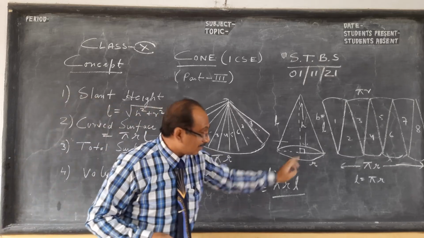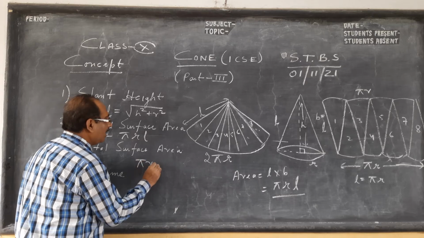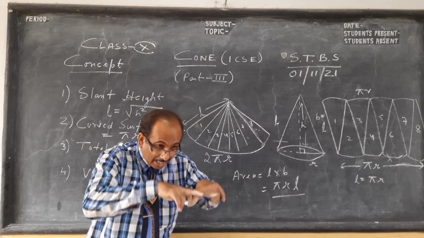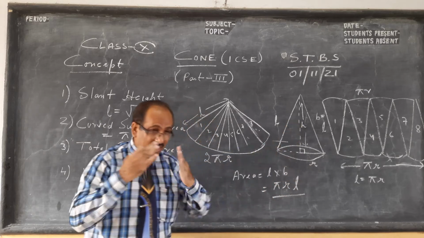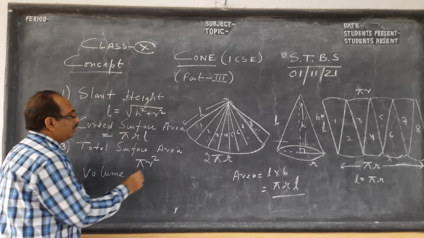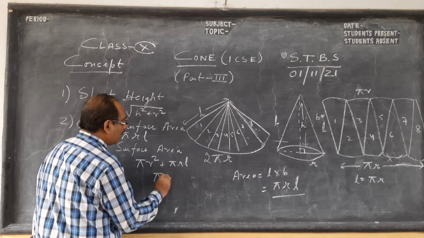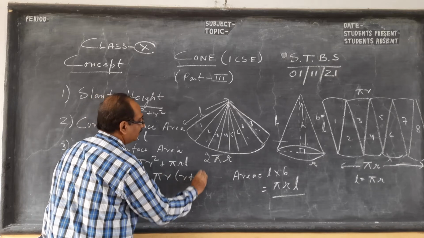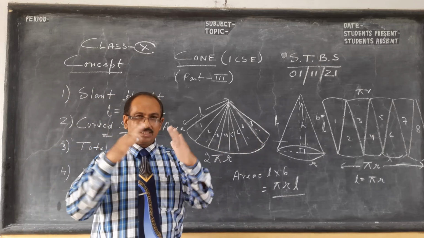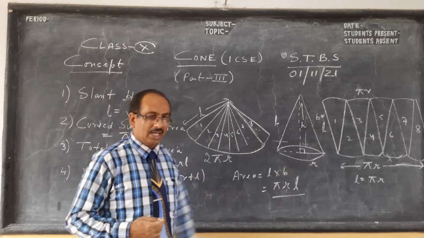Now down there is another circle. So what we will do for the total surface area: pi r square down also we are adding, pi r square plus pi r L, the curved surface area. See my cylinder video also. Take pi r common: r plus L. This is the total surface area, pi r (r plus L). This pi r L is the curved surface area, and down there is one pi r square.